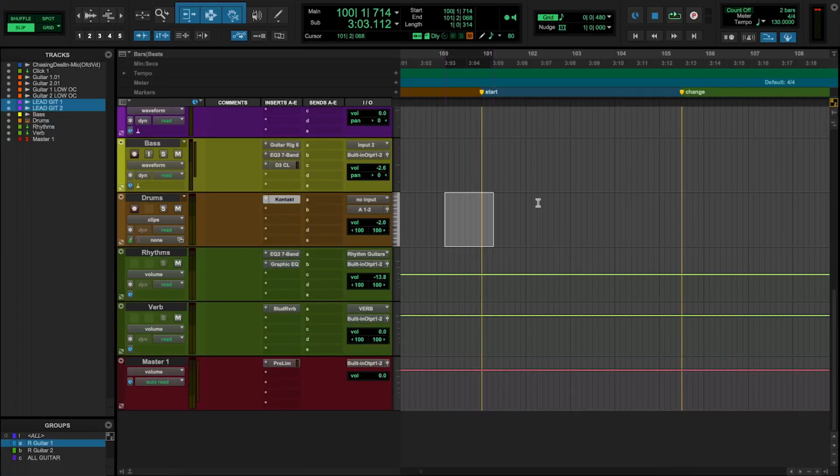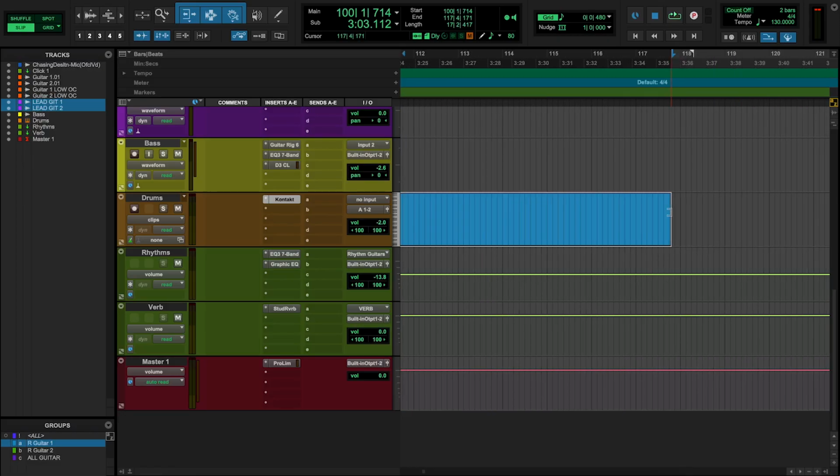What do you even call that? I don't know. Not the bell. So let's start that out. Here we go. Let's just create a new region here. So it's pretty much just 16ths this whole section. So I'm pretty easy. Just copy paste.